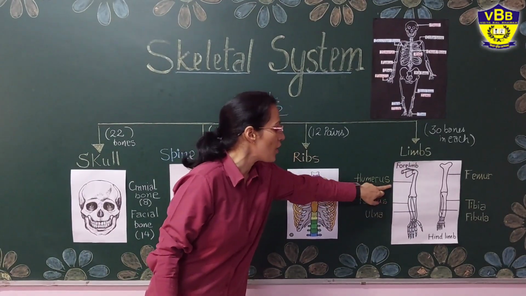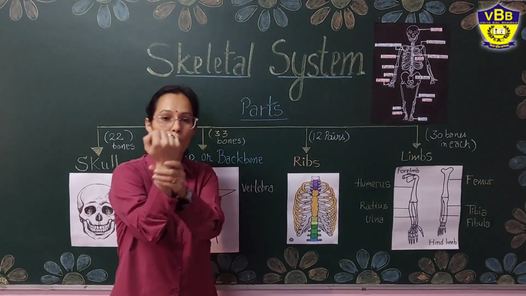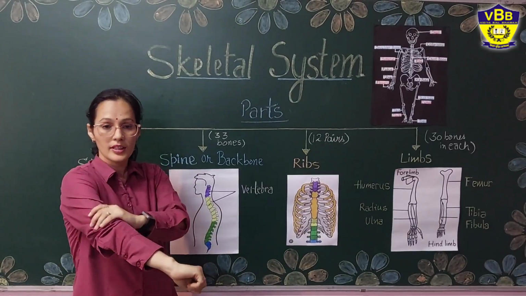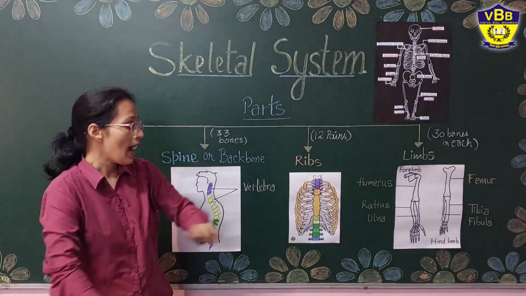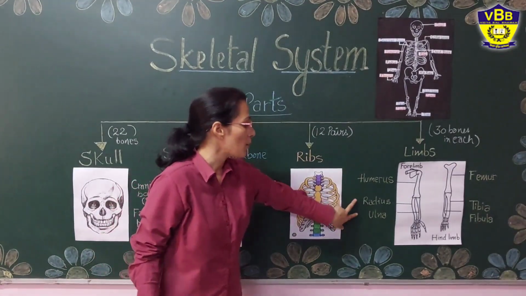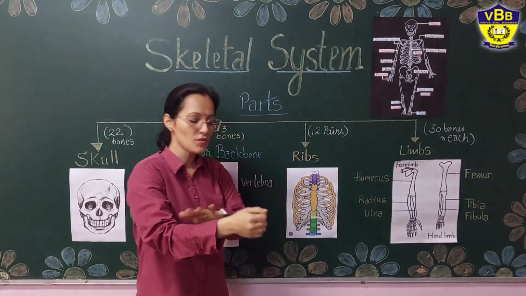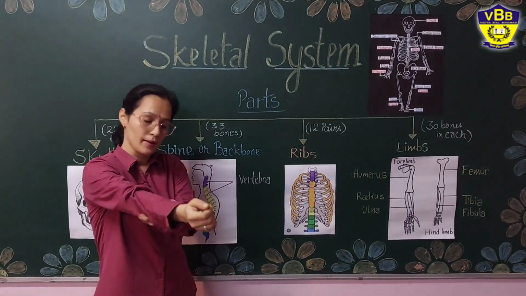Forelimb, this is the first bone of the forelimb, that is the humerus. It is a long bone. For example, this part of the bone is the long bone, known as the humerus. And the next part, like this part, is made up of 2 types of bones. The first one, this one, is called the radius and the lower one is called the ulna.